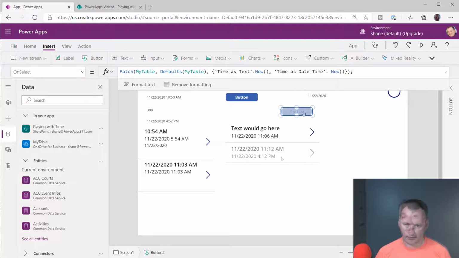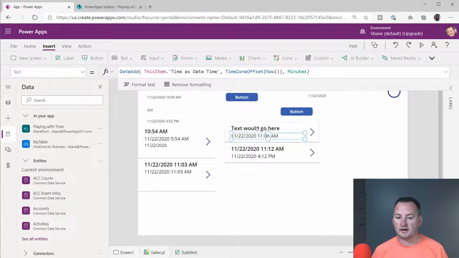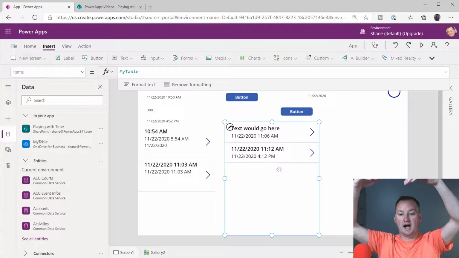So this is the Excel one. So what happened, right? The 1112, right? Patch Now got sent over as text. So Excel and PowerApps didn't do anything with it. They just ignored it. It might as well have said Chewy is the best dog ever. It didn't matter. It just pushed that over as text. So that happened. Then for this other column, the time is date column, PowerApps said, oh, Shane gave me 1106 or 1112 in Eastern time. I got to set that back to UTC. So it added 5 hours to it, right, which got it to be